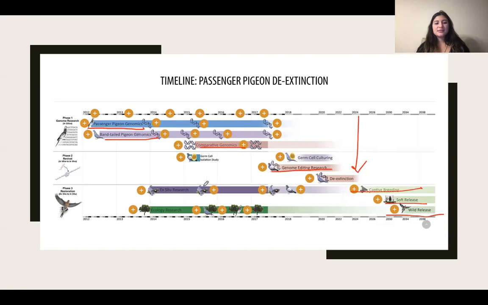As you can see in this timeline, de-extinction takes time and it's very tedious work. It takes a lot of computer research that then leads to a lot of hands-on work in the lab, and then observational research. So it's research that's carried out by different partners and different people conducting a series of experiments. My respects to the researchers following this and how long they have been working on it with no results so far, and I hope to see some results in the future.